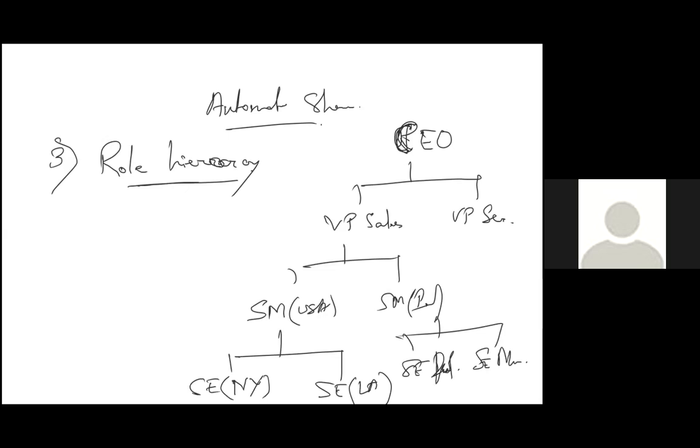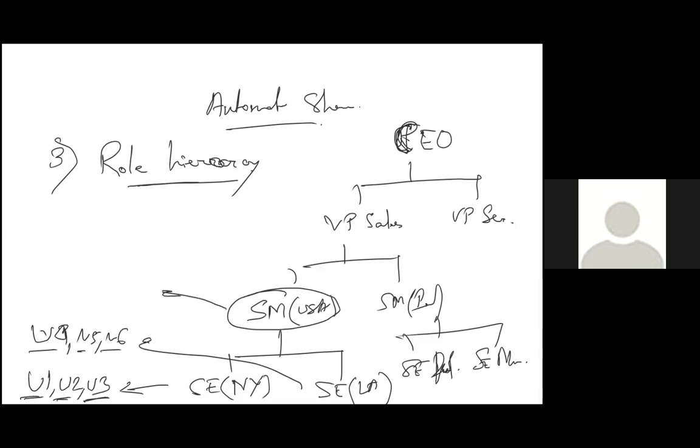Like this role is given to user 1, user 2, user 3. This role has been given to user 4, user 5, user 6. So these people have some records they own. These people will have some records they own. User 1, user 2, and user 3's records will be seen by the sales manager, this can be two people, user 7, user 8. So both these guys can see all the records owned by these three people and these three people.